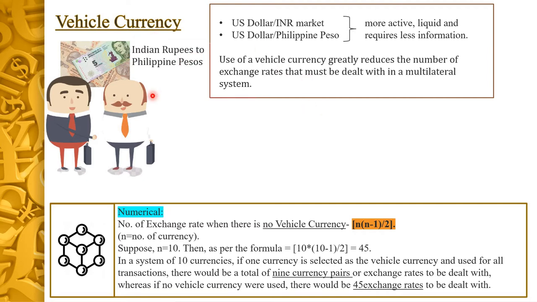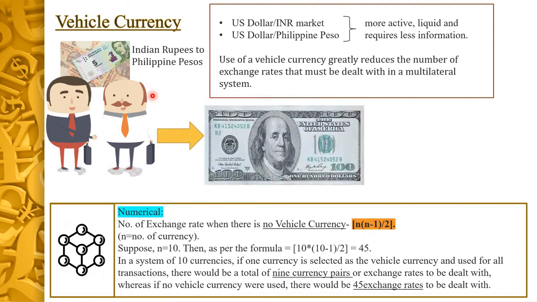Here comes the role of vehicle currency, which is USD here. So the dollar being the most traded liquid currency in the market, banks are ready to exchange pesos for USD and then use that USD to buy INR. Although this approach results in two transactions rather than one, it may be the most preferred way since the USD-INR market and the USD-Philippine peso market are more active, liquid, and require less information for banks to